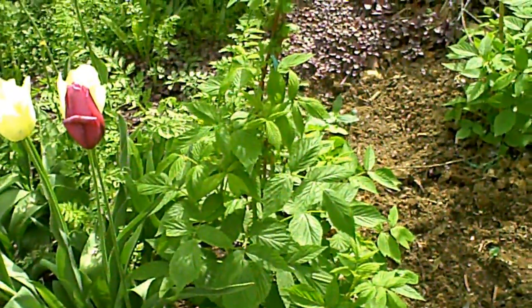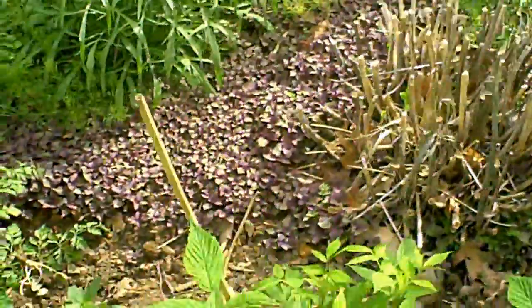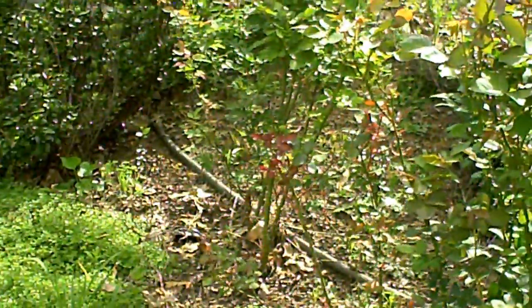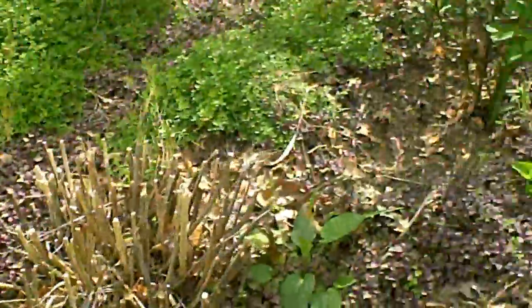2 new additions to the garden are 2 red raspberry bushes that I bought, and hopefully we'll have some raspberries this summer. We'll just have to wait and see about that. We've got more violets over on this side of the garden again. Not sure where they came from. Our roses, again, got through the winter pretty well. We're looking forward to some blossoms here soon. And then we planted some zinnias in various spots around the front of the garden here. I'm hoping that they don't get choked out by the raspberry bushes. But anyway, that's our garden, and it's in pretty good shape, and we will